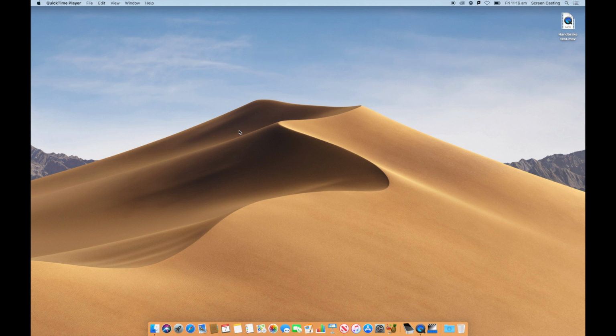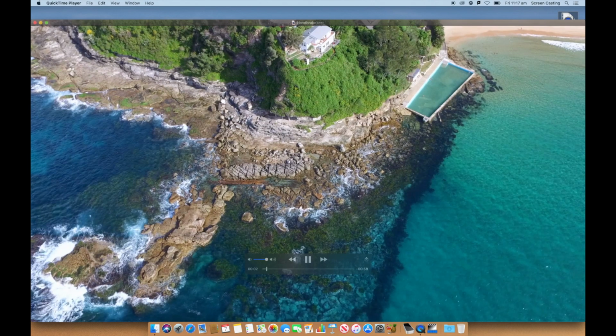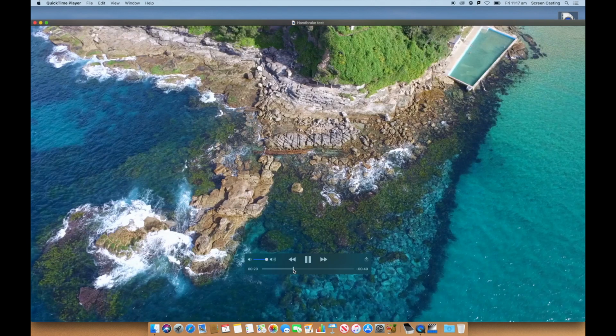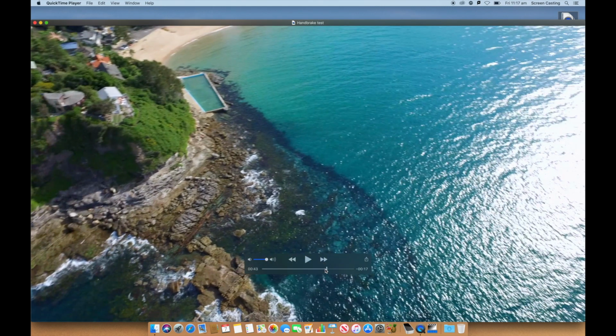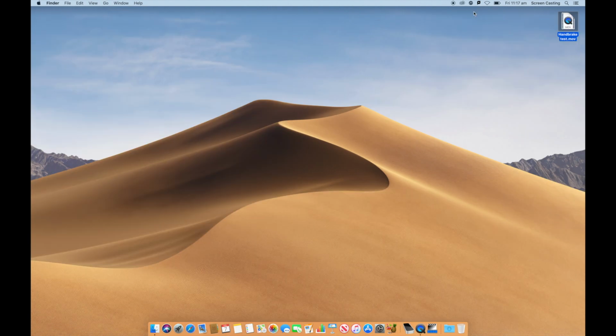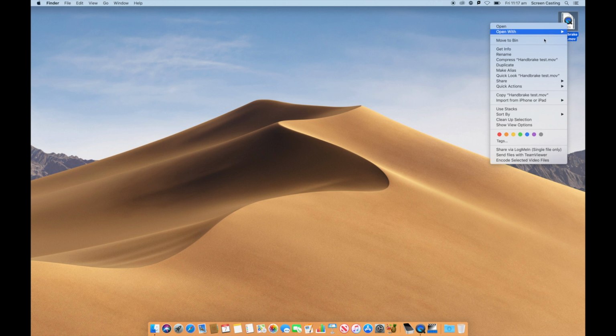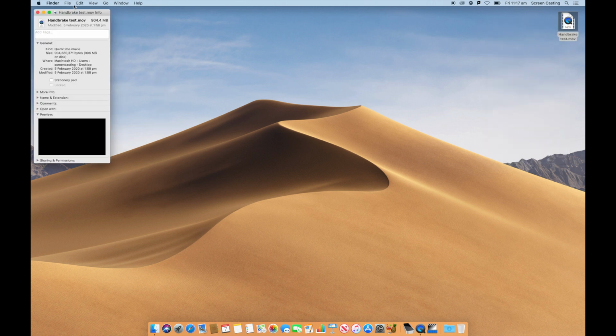very similar. So firstly, we can see that I've got my original video file here in the top right of my screen. If I go ahead and open that file and play it, we can see that the video does play and that we've got audio in the video. And if you need to check what file size it is, right click and get info. And now we have 904 megabytes,